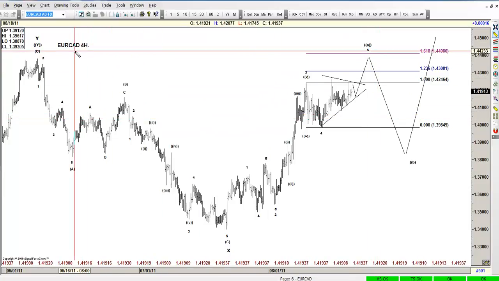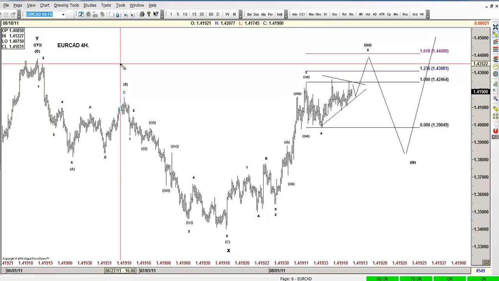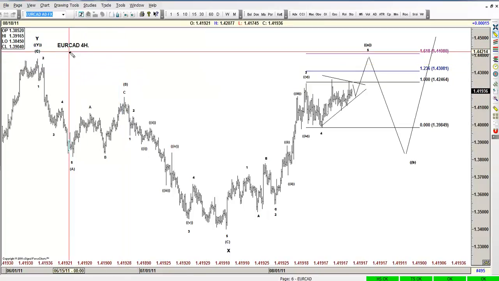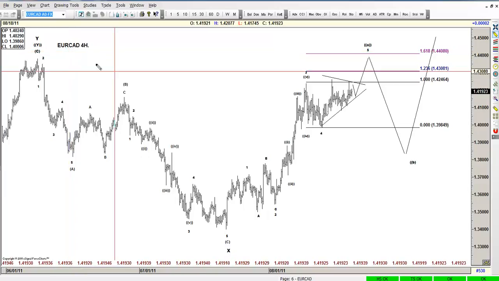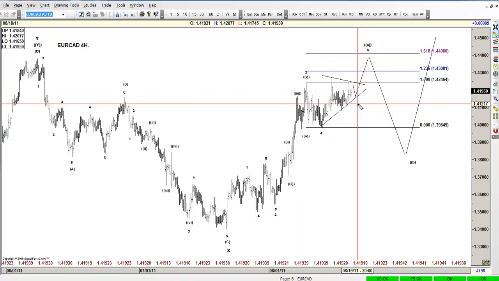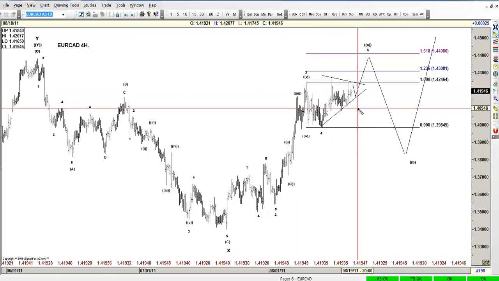But that CAD index, what I mean really is that the euro is going to be stronger than the CAD. So we're expecting the CAD to trade higher. In other words, the dollar being strong against the CAD at least 200 pips. But the euro is going to hold better against the dollar than the CAD according to this structure. So I'm thinking that a possible visit to 142.30 can be all we're going to get in the euro dollar, guys,